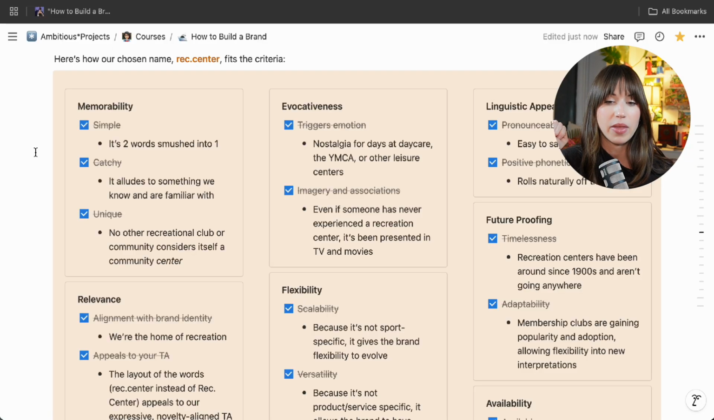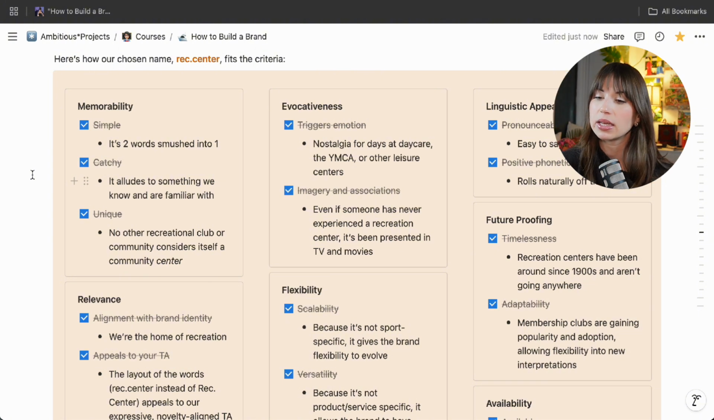It's memorable in that it's 2 words smushed into one, it alludes to something we know and are familiar with, and there are no other recreational clubs or communities that consider themselves a recreation center. It's evocative because it has nostalgia around days at daycare or going to the YMCA or some other leisure center. And even if someone has never been to one of those establishments, they've been depicted in TV and cinema for a long time now. So we all have some sort of a visual identity surrounding the concept of a recreation